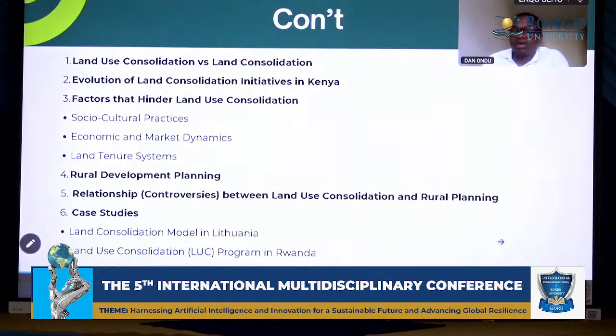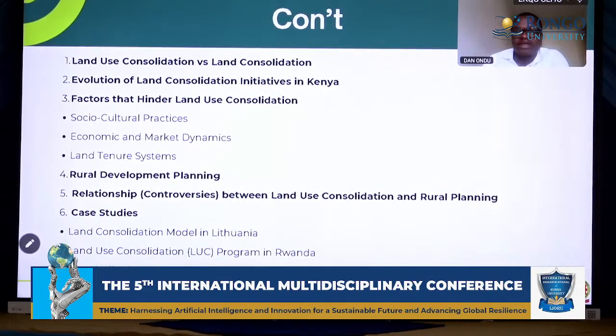This study analyzed a lot of literature on the topics of land use consolidation versus land consolidation and the difference. The former is about unifying the uses of land to maximize their productivity, while the latter is about generally repossessing land ownership from the community and doing whatever the objective is. The study looked deeply into the evolution of land use consolidation in three major time periods: the colonial period, the post-colonial, and after the new constitution.